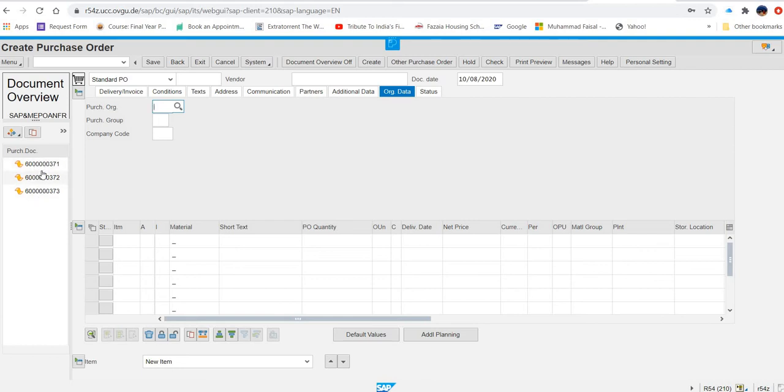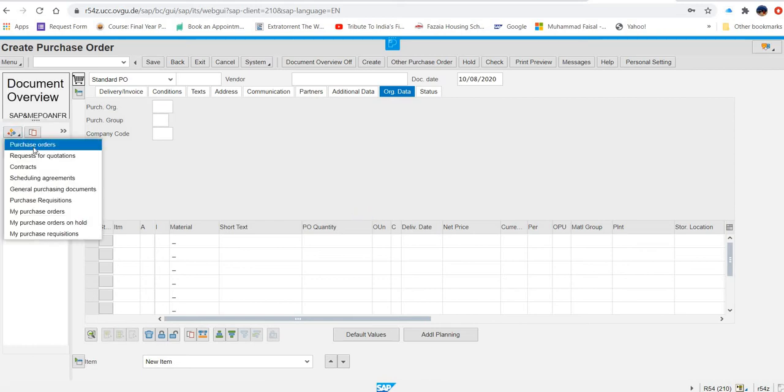Now in this step, we have to select one of the quotations to make it a purchase order from the quotation. In the exercise they have mentioned several things in detail. I just want to show you this in detail, what they are asking.